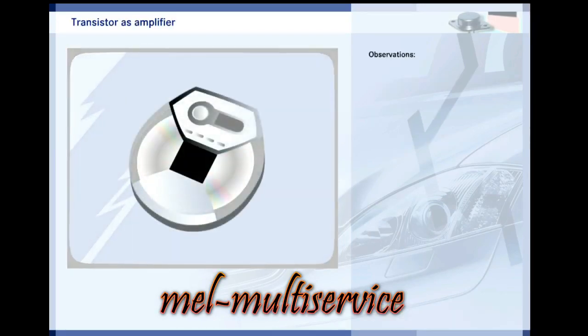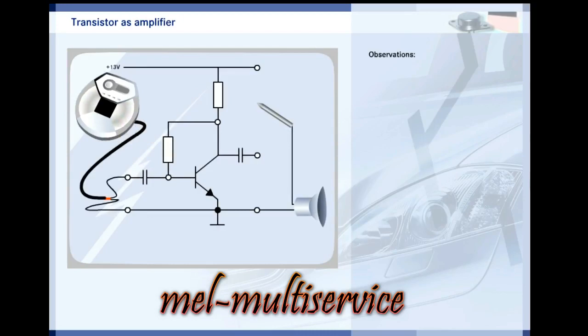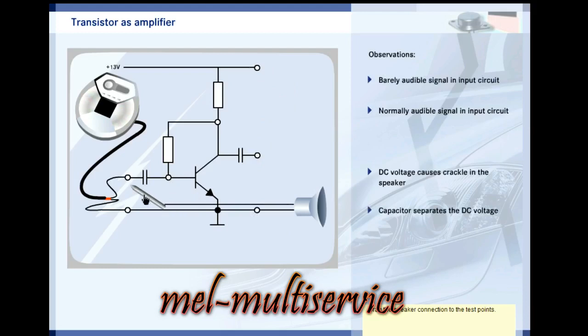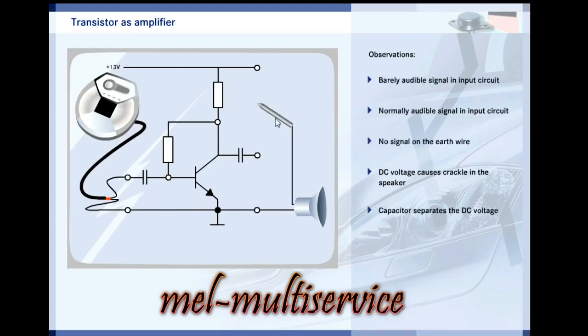A transistor is a current-controlled amplifier because it needs a base current to generate the higher collector current. Drag the speaker connection to the transistor connections and listen to the difference. This kind of transistor